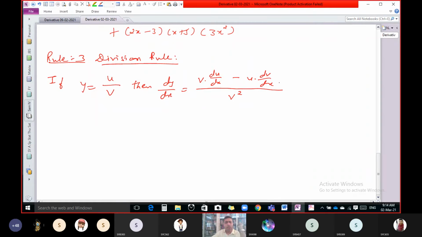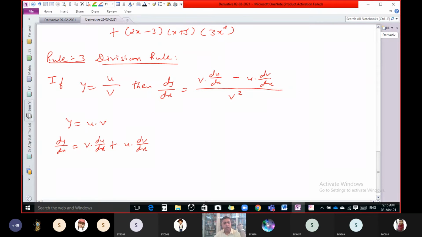So simply see how to learn this. Listen, y equal to u into v, then dy by dx. What do we have to do in dy by dx? Keep u as it is, differentiate v, plus v as it is, differentiate u. And see, because of the plus sign you can interchange these two terms. Consider this as the second term and this as the first term, or this as the first term and this as the second term, the answer remains unchanged. So you can put it either way because of this plus sign.